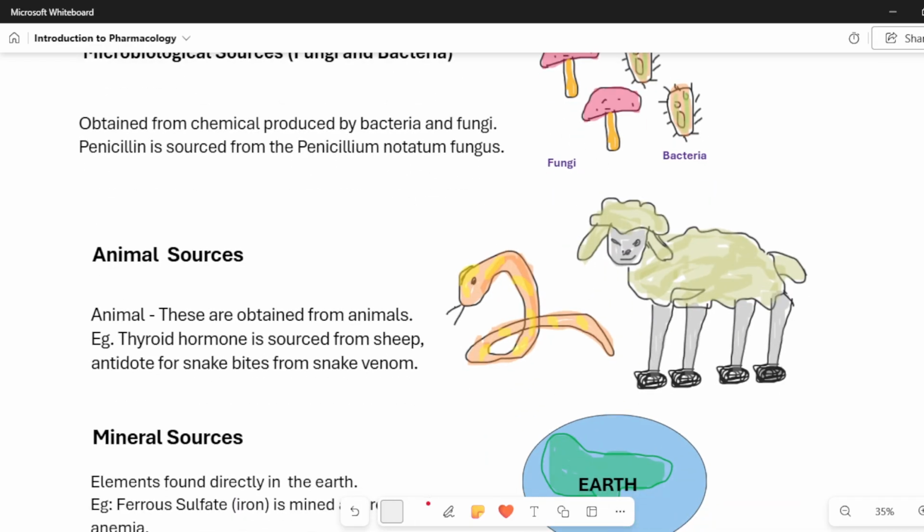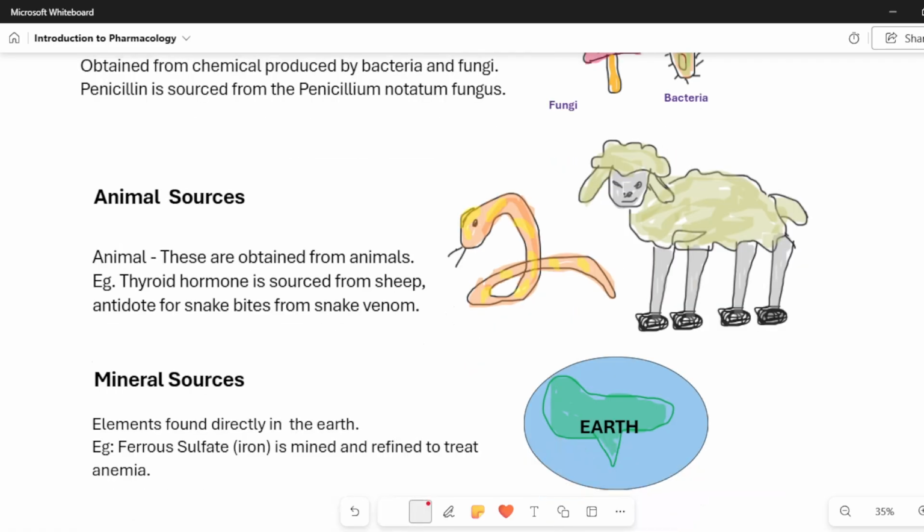And we get some more natural sources, like from animals also we get some drugs. For thyroid medicine we are getting that from the sheep. And the antidote for snake venoms is got from the snake venom. So peptides from the snake venom, we get the antidote prepared from the snake venom itself. So we get that drug from there.